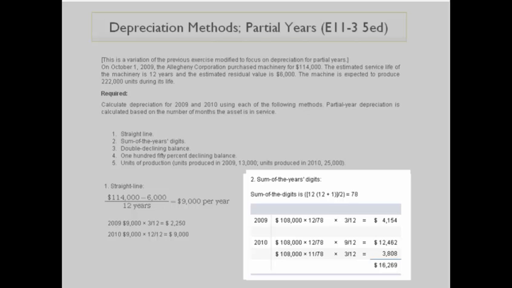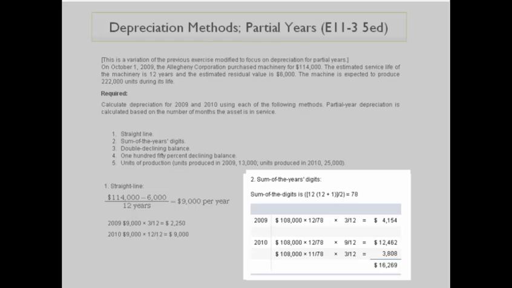But since we were only in service for a partial year, we multiply that times 3/12 just to show us that only 1/4 of the year gets taken in 2009, and that comes out to be $4,154. When we move into 2010, we then take the remaining 9/12 months at the 12 divided by 78 sum of years depreciation rate